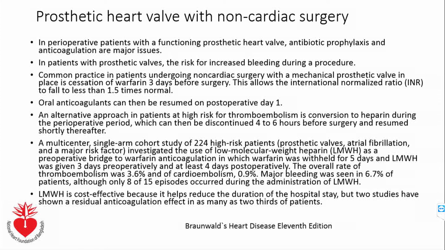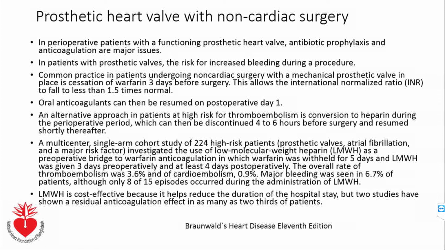In perioperative patients with functioning prosthetic valves, the two important issues are antibiotic prophylaxis and anticoagulation. In patients with a prosthetic valve, there is a risk of increased bleeding during the procedure. Commonly the practice is that warfarin can be stopped 3 weeks before the surgery, and after stopping,